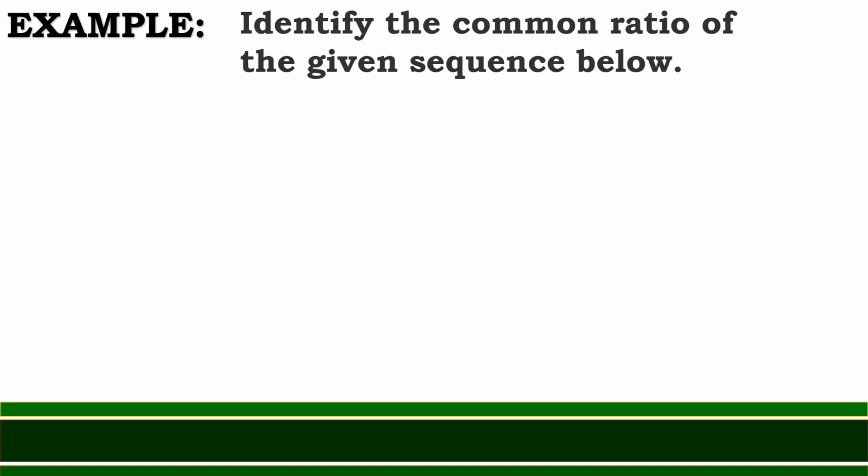So, let us try to identify the common ratio from the given below. From the given sequence, we have 1, 3, 9, and 27. Ang kailangan kasi natin dito, malaman natin yung common ratio. Para malaman natin yung common ratio, yung succeeding term, i-divide natin sa ating previous term. So, paano? Kunyari, ang succeeding term natin ay 3. Ang previous term natin ay 1. I-divide natin dyan yung 3 and 1. So, 3 divided by 1 is